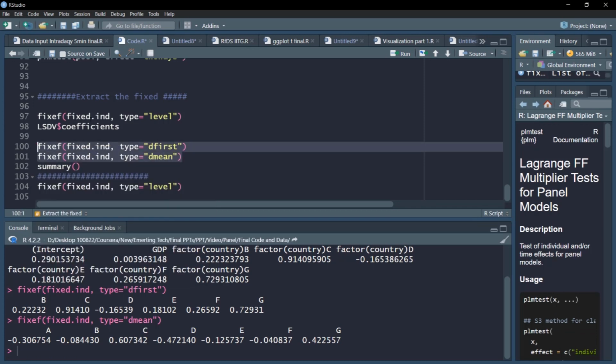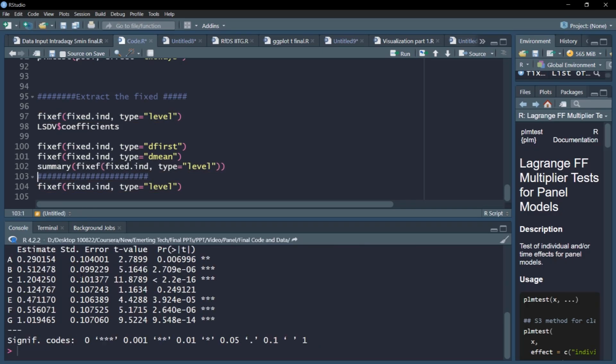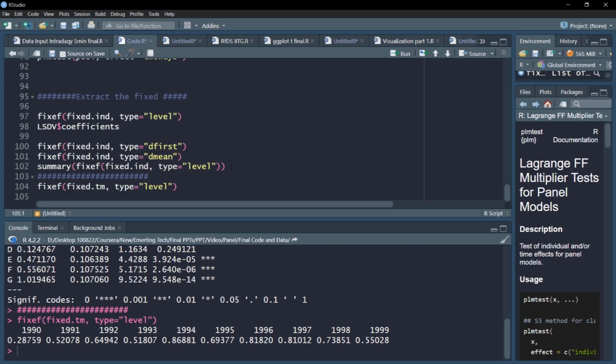I can put these fixed effects inside the summary command to get the fixef. You can see we get the fixed effect as well as their summary number, the significance. Similarly, I can get for time. So all I need to do is supply the variable tm and I can get the fixed effect, and also I can get the summary number here.